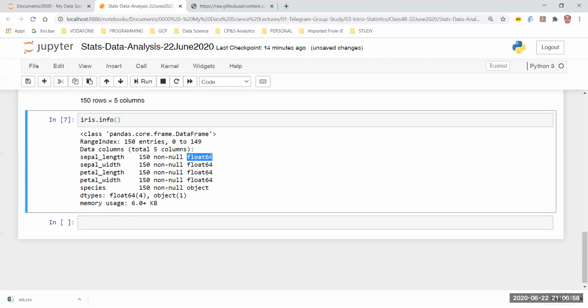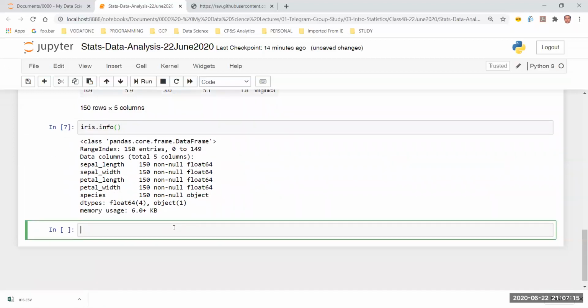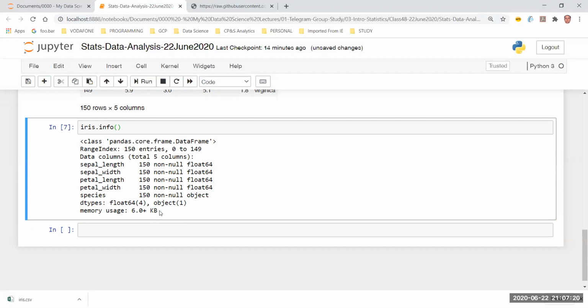They're represented as floating point columns, really well structured data. And then the 5th column is the species, which is an object column. As we have already seen earlier, object is also another representation of a string column, so it's quite possible that the 5th field is a string. The RAM it's going to use is only somewhere around 6 KB.